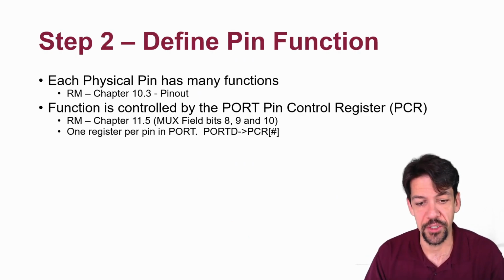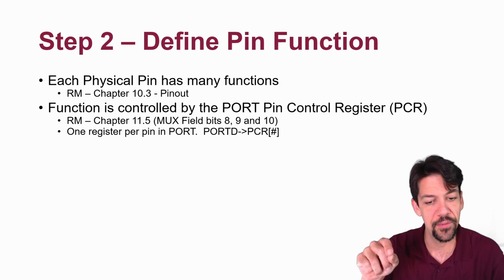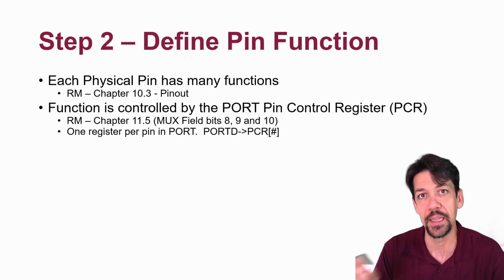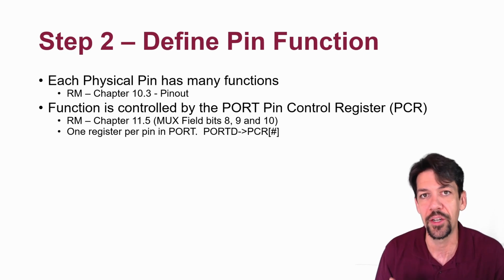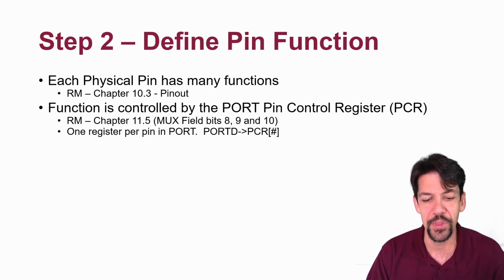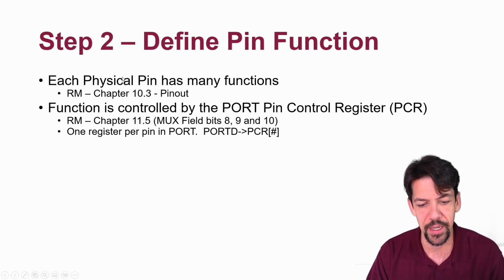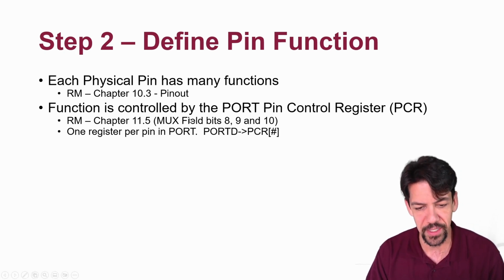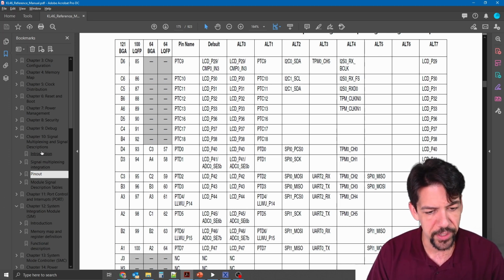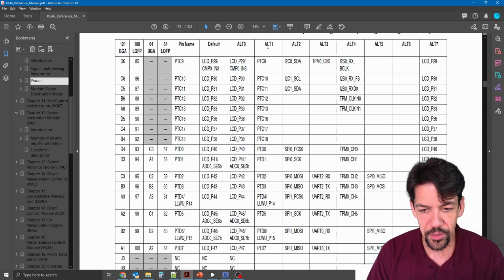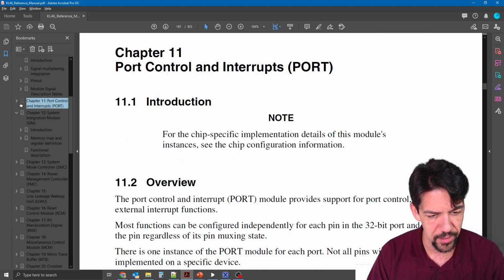To set the functionality, so that's the list of functions. In the pinout, we saw the list of functions. To actually configure the pin, we have to use the pin control register, which is part of the port module. This is in chapter 11.5, and we're looking for the mux field bits. So remembering that we're using Alt 1, I'm going to go to chapter 11,